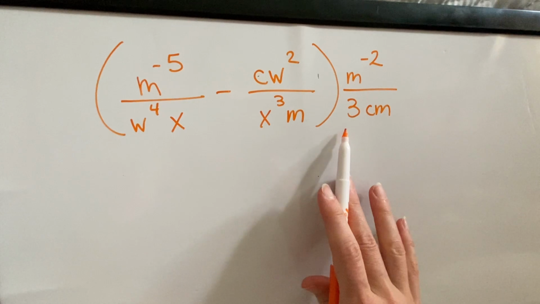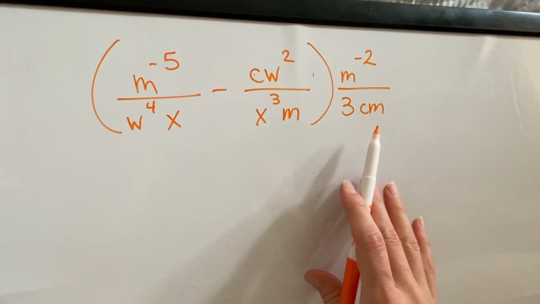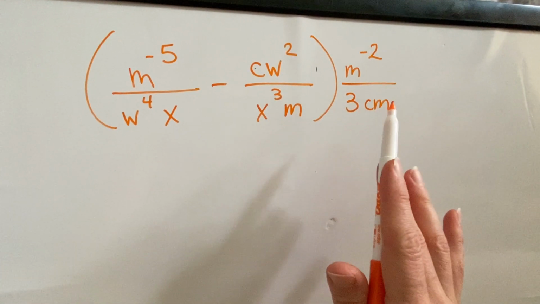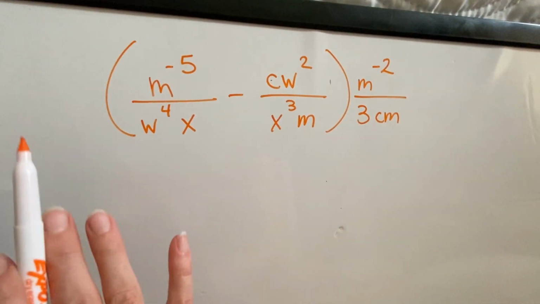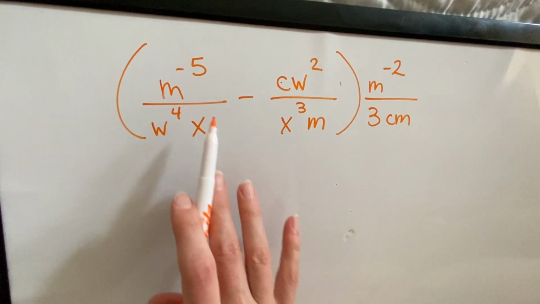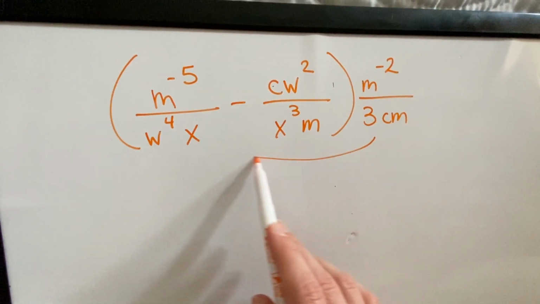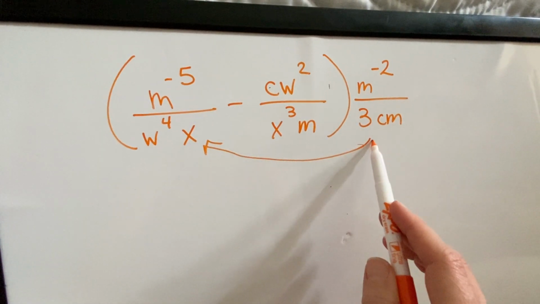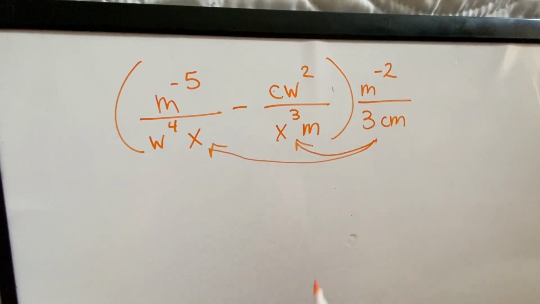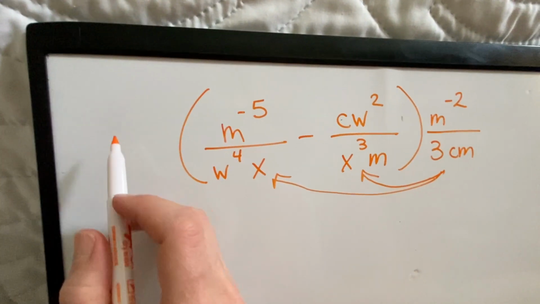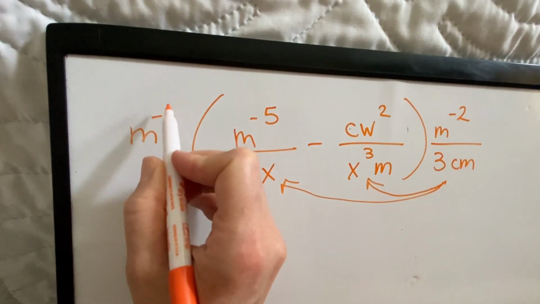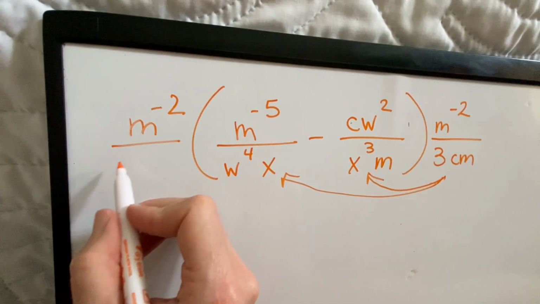So just because they started putting this off here in the back, it doesn't matter if it's in the back side or the front side, it still means you have to distribute this through times each one. So you can either leave it here and say, okay, I'll take this times this first, and then I'll take this times this second, or you could just say it makes a whole lot more sense if I do it like all of the other ones are written down,